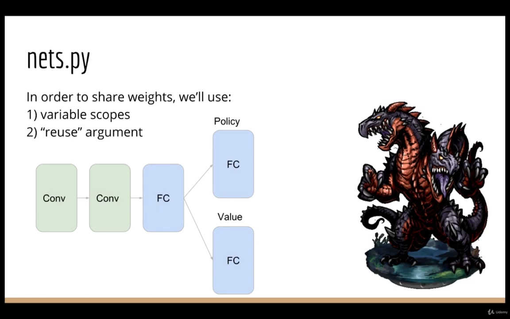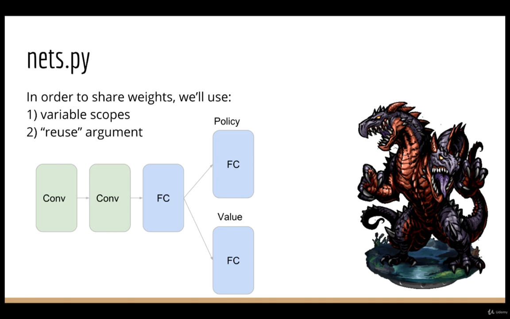The last file we're going to discuss is nets.py. This more or less just implements the policy network and the value network, although there are some important details to talk about before we dive into the code. First, these networks are going to be convolutional neural networks, which means they're going to consist of a series of convolutions followed by a series of fully connected layers. In addition, both networks are going to share a common body. In other words, only the last layer of each neural network is going to be different, and all the preceding layers will have shared weights.